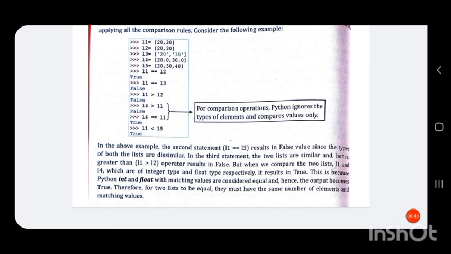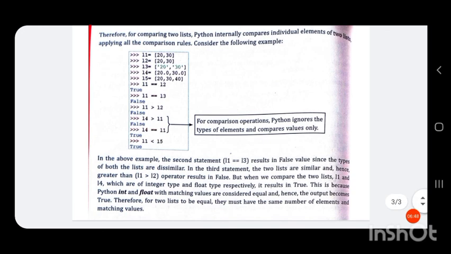But when we compare the two lists L1 and L4, which are of integer type and floating point type respectively, it results in true. This is because Python considers int and float with matching values equal. That is why 20 and 20.0 are considered same.